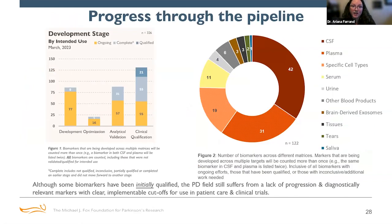So these are just some summary figures from our most recent version of the report. On the left-hand side, you can see which biomarkers we have reported that fall into those 4 development categories that I mentioned. Most of these studies are still ongoing. You'll also notice that we have some biomarkers that are categorized as complete, meaning that they did not pass that validation stage and did not move on to the next stage. So while there's a lot of active research going on, it's not always successful, unfortunately. But that being said, there are times where it is successful, and those are huge accomplishments that should be celebrated